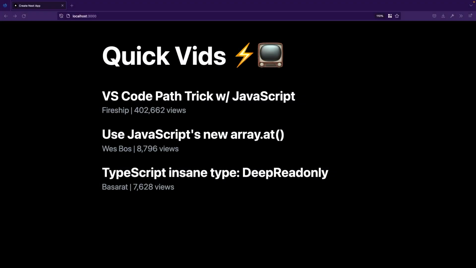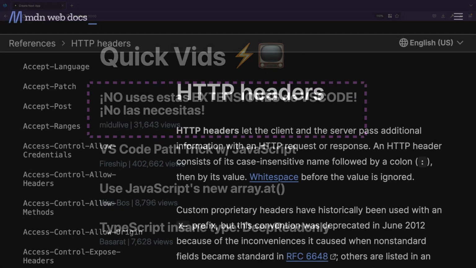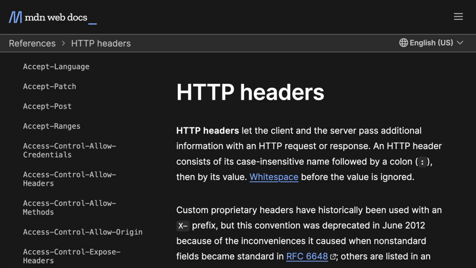Right now, the videos page is completely static and is the same for every user. So let's personalize it. What we want to do is display videos from different languages based on the accept language header. To be more specific, we want to look into the HTTP headers object, we want to read the accept language